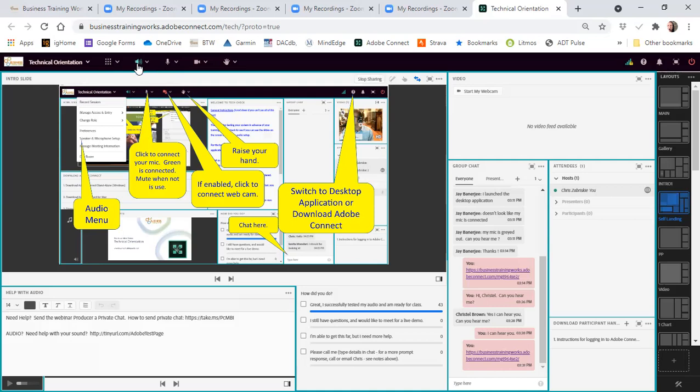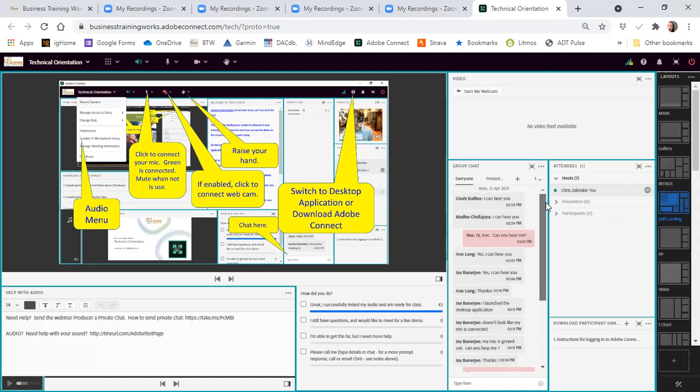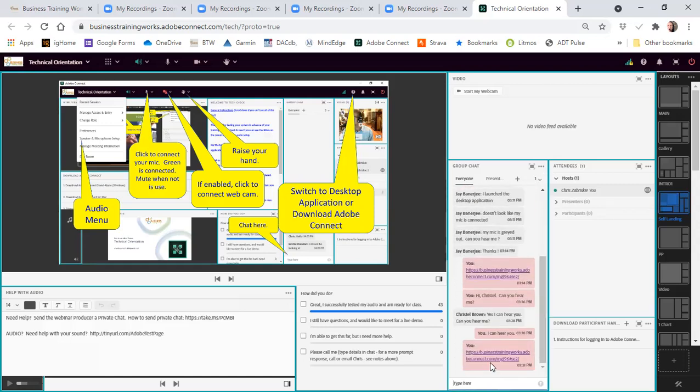At the top of your screen, you see there are a couple icons here. There's a microphone icon, there's a camera icon, there's a raise hand icon. We generally put a chat pod, a lot of times in the bottom right of your screen. Here it's here with a couple comments and text. You can always type here